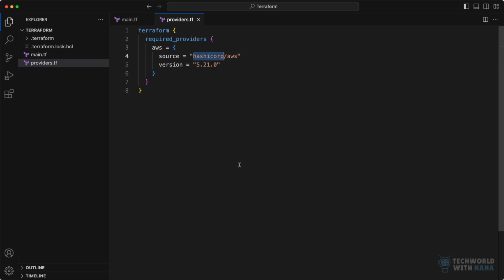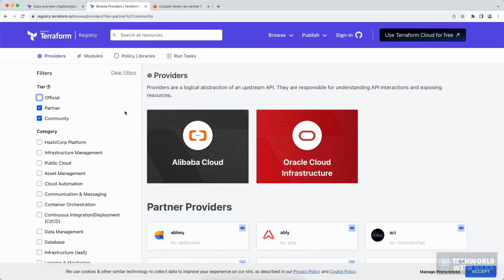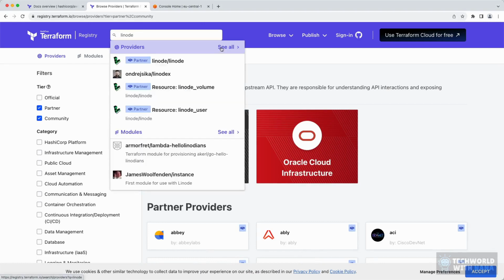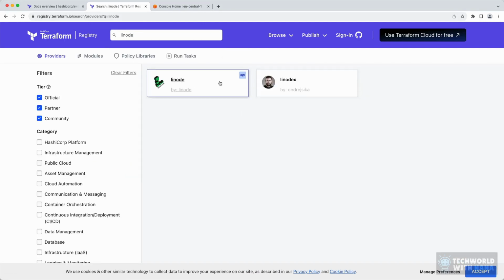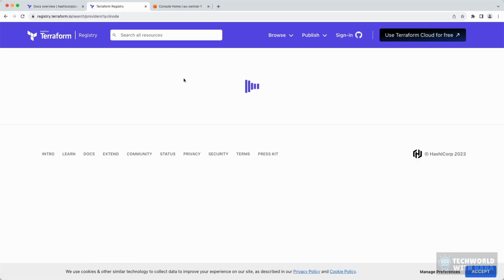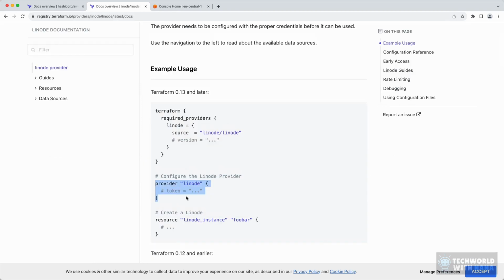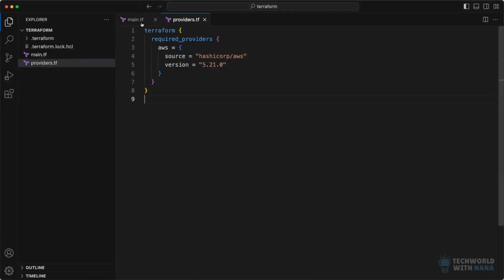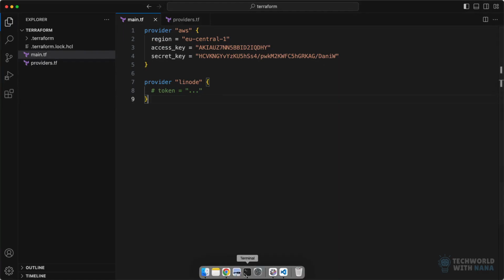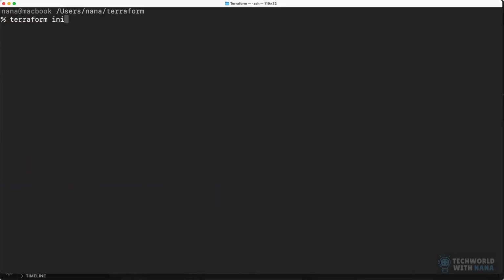However, let's see what happens if we try to use a provider which is not in the Terraform registry. Let's say you want to provision infrastructure on Linode platform instead of AWS. And for that, of course, you go to Terraform documentation and you search for a Linode provider, which is a verified provider and not an official one, as you see with the icon here. And let's switch to the documentation and copy the code for using the provider itself. So we have a Linode provider defined. And now if I try to do terraform init,